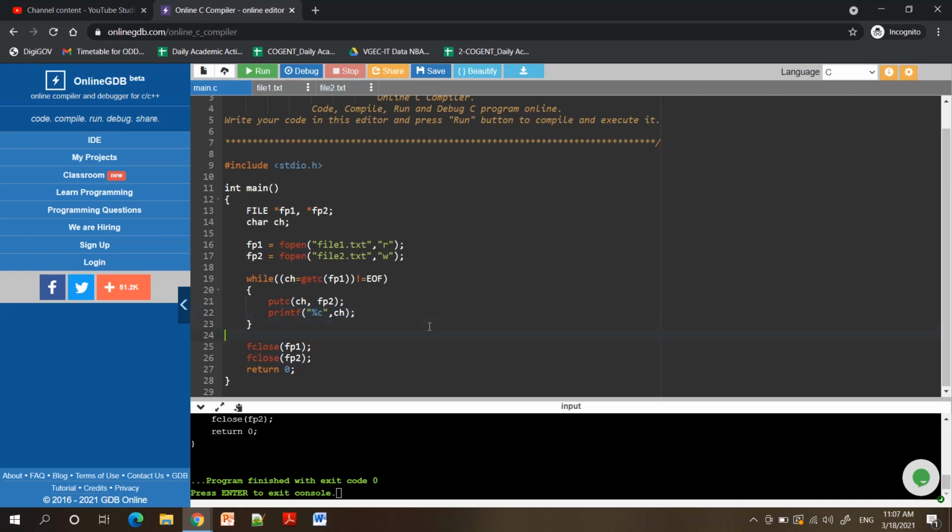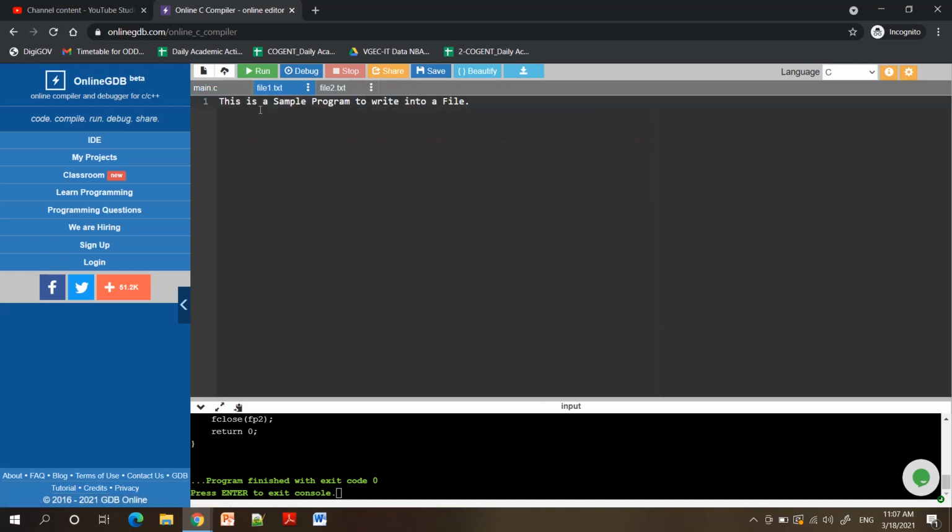After this reading and writing process, we are supposed to close both the files. So we have closed both the files. Now let's open file 1. The content here is: this is a sample program to write into a file.